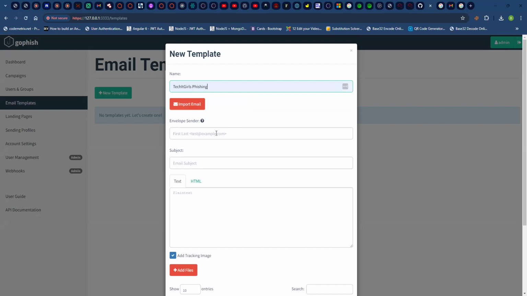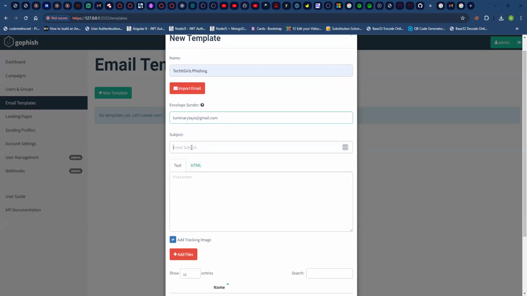For this envelope sender, we need to specify our email address again. That's the email address used in the sending profile. That's the same thing we need to put here for the envelope sender. Then for the subject, we can make the subject anything. So we can say Facebook account expiration.